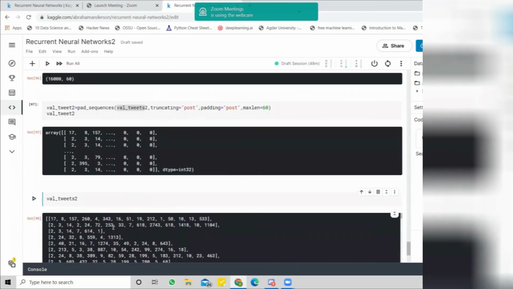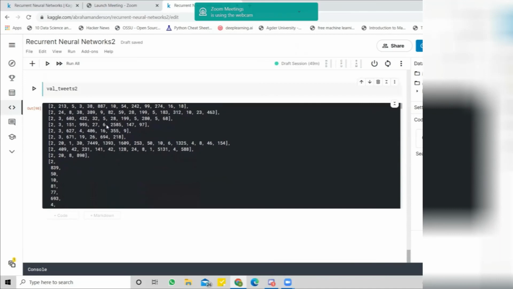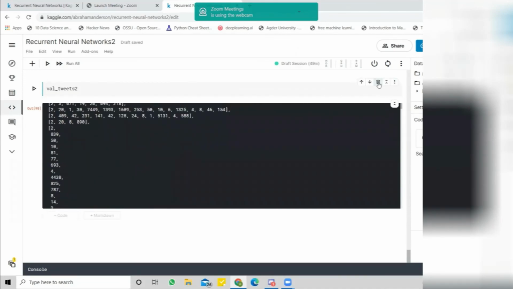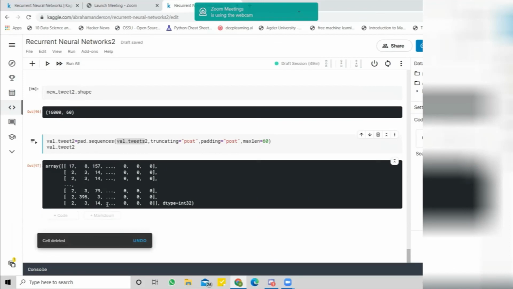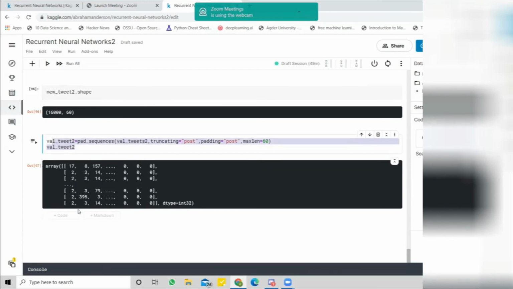As you can see, the size of the tweets differs very much from tweet to tweet. Now, after these pad sequences, we have resized every single tweet according to the size of the maximum tweet. So yes, this is very good for the algorithm. We don't need that; I just added this one to show you the difference. Now we have arrays.